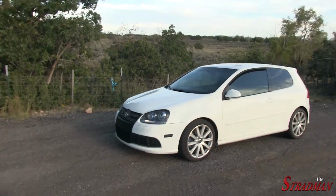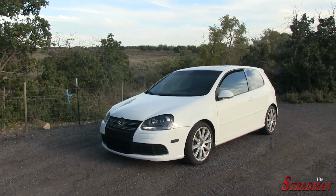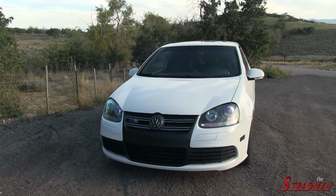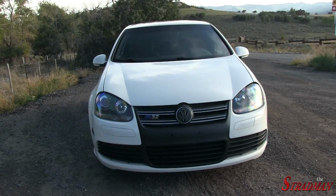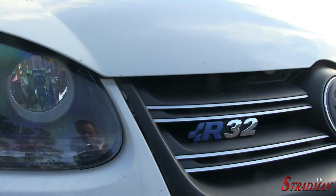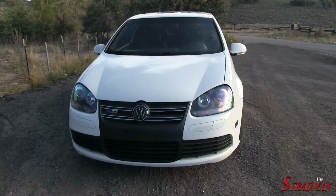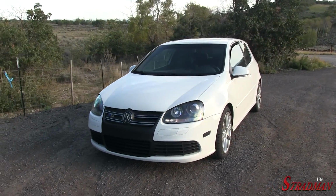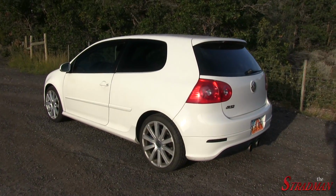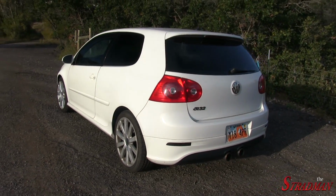Now, one of the really cool features of the R32 is it is all-wheel drive. It's the only Golf variant that does feature all-wheel drive. The standard Golf and the GTI both are front-wheel drive. Now, the R32 has a 3.2 liter naturally aspirated VR6 that produces 250 horsepower and 236 pound-feet of torque. The Golf R32 weighs just a bit over 3,500 pounds, roughly 300 pounds more than the GTI, mainly due to